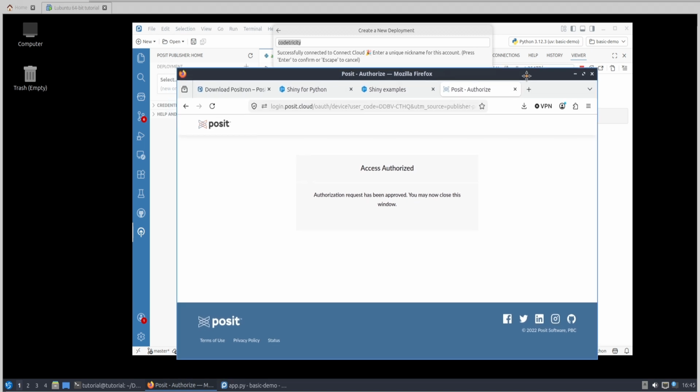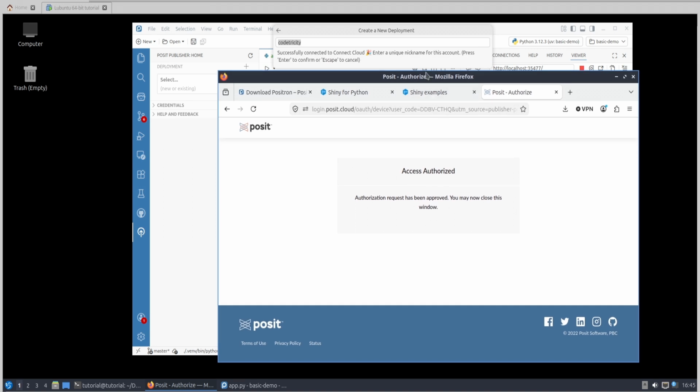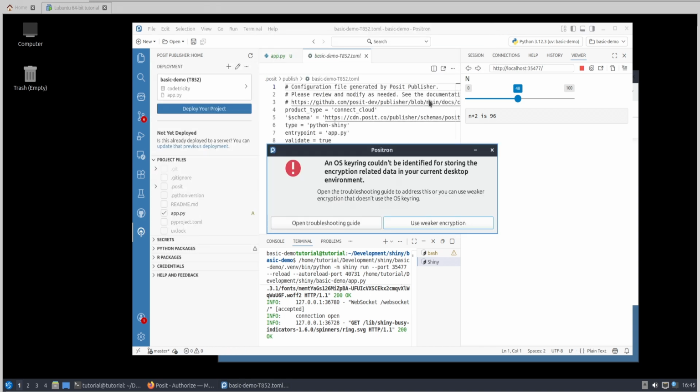So the process is there's a local editor, and then it's going to open up a web page, or you open up a web page. You log in to the web page, and then after that, you can authorize the connection to be automatic after that point. So it's going to store some credentials. I don't have the